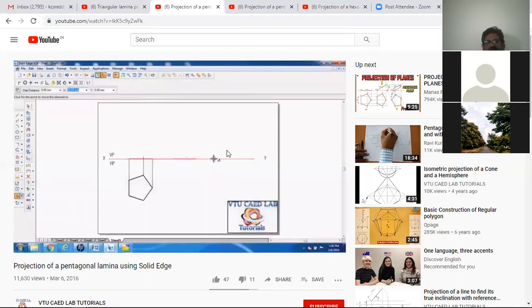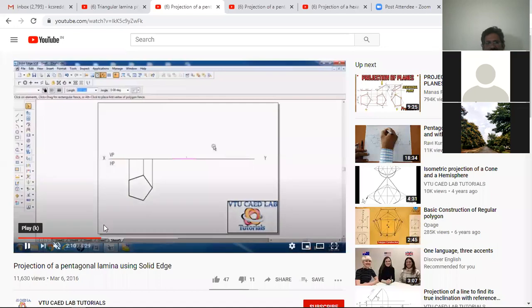Move with copy, but still see here, he is using the blind move. See here, he is using the move command, and see here, where is the cursor? The cursor is here, but you need to place this cursor at any one of the end points, either this point, as a reference, and then move. Don't move like this. Okay.